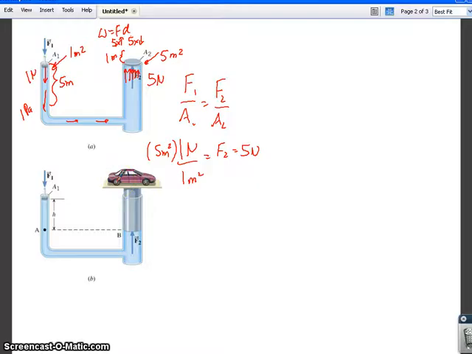Pascal's principle means that force, or pressure, is transmitted undiminished. So for every 1 meter squared here, it's going to have the same output over here. For every 1 Newton per 1 meter squared on this side, I'm going to get 1 Newton per 1 meter squared on this side. So this is kind of how, if you've ever been to the salon or the